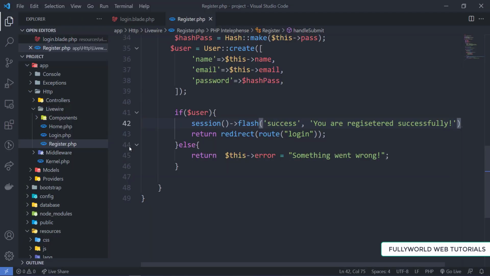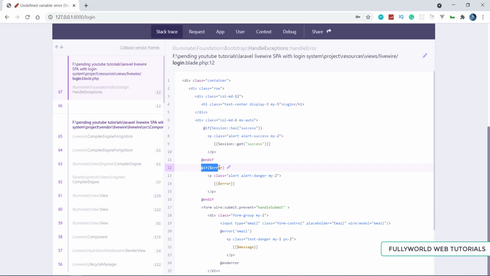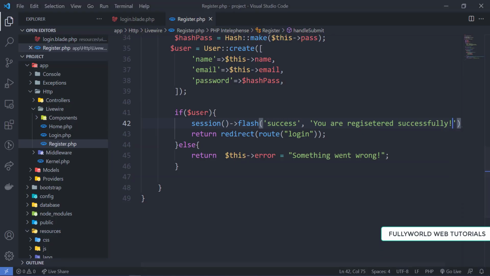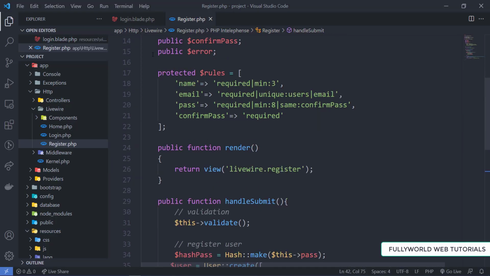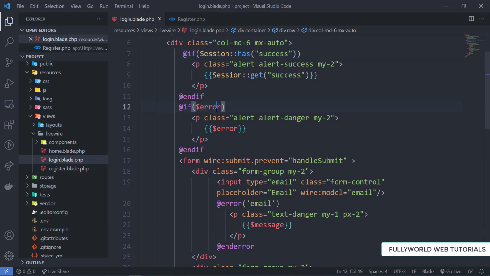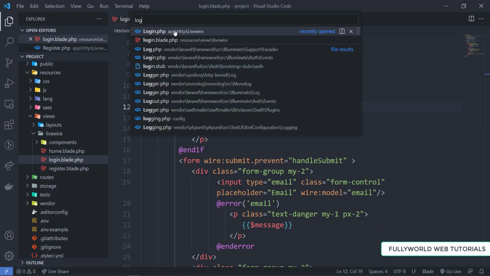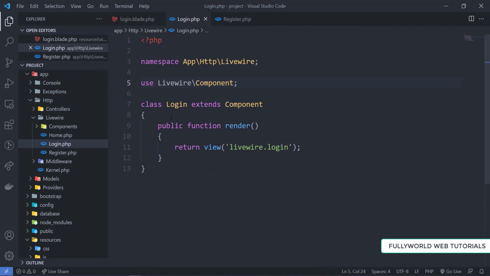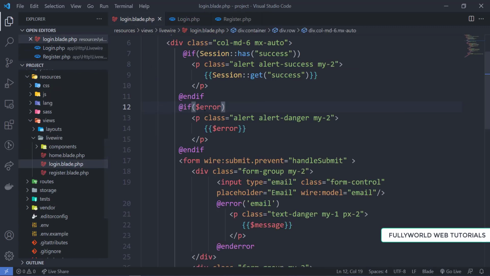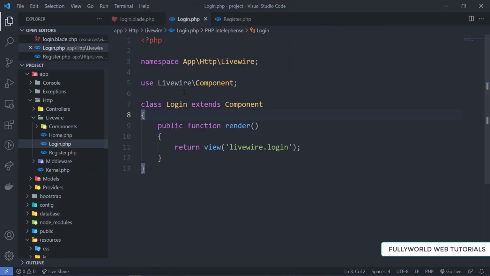Let's see where it is. This is because we haven't defined the $error here. In the login page we have mentioned $error, but when we go to the class file of login, the error field is not there, no member is named error, so we have to define the member here.